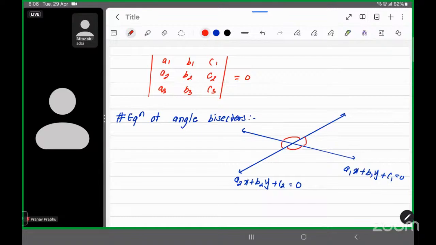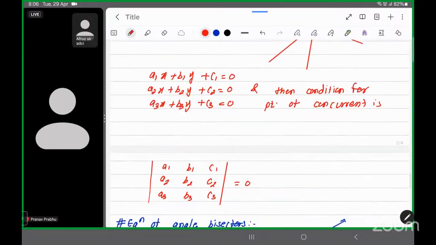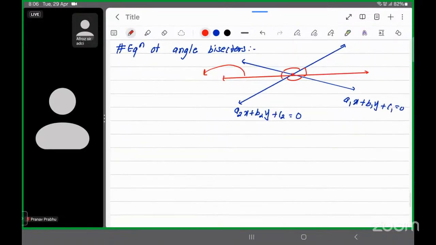Now we are going to find the equation of the angle bisector. When I say angle bisector, then there are three lines, and again we get the same condition as the point of concurrence. For that, the equation of the angle bisector is given as